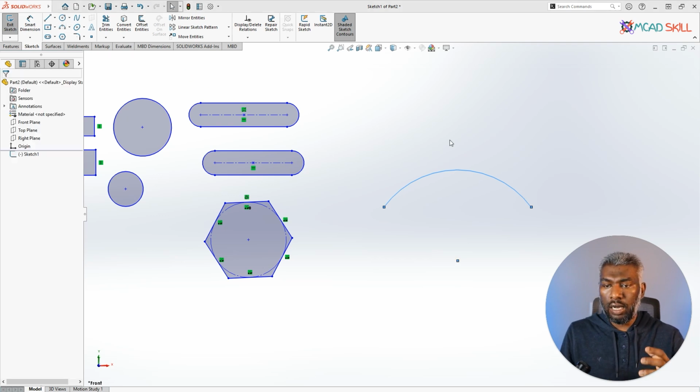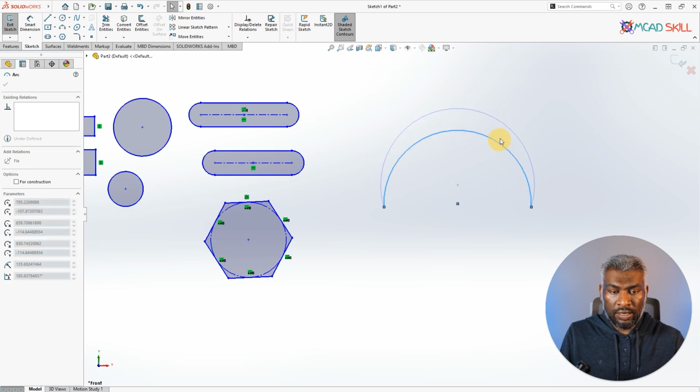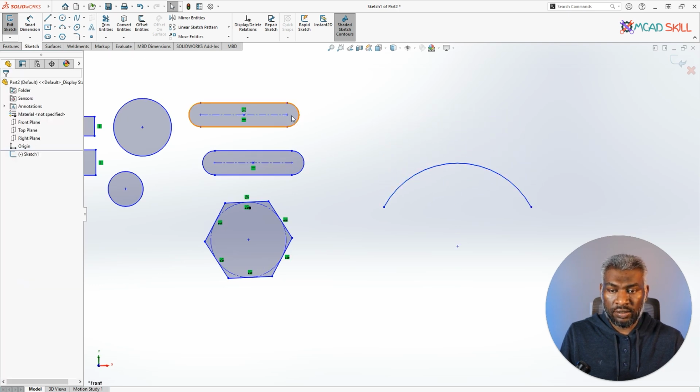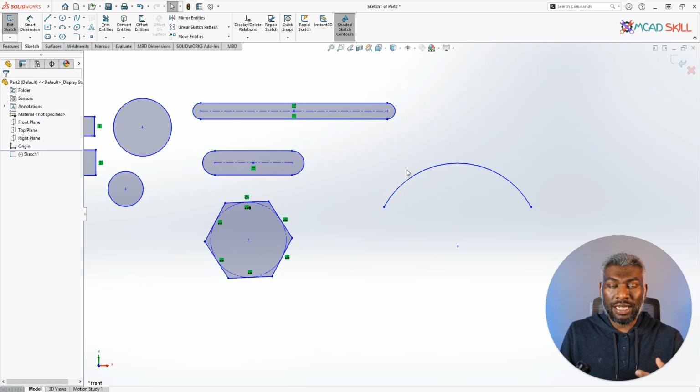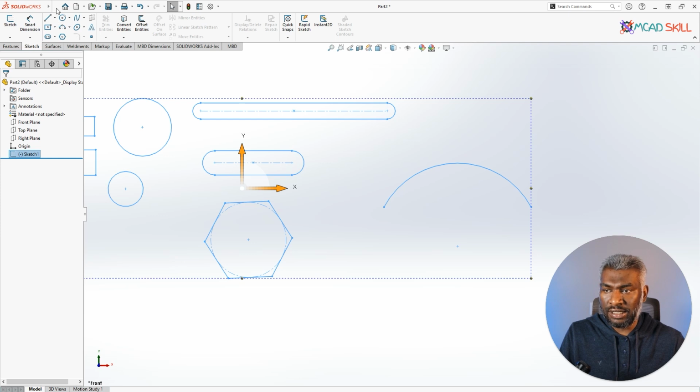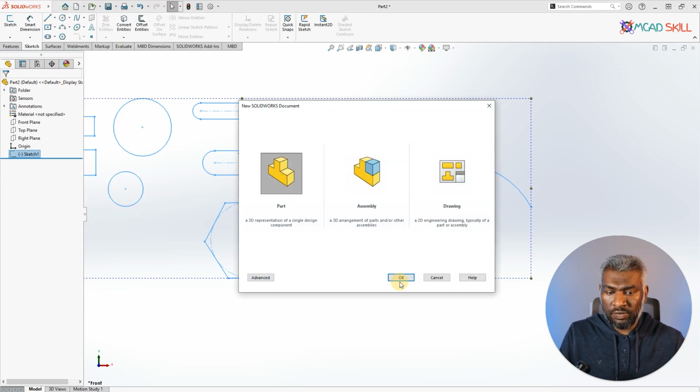So far we learned how to create sketch entities. Now you have to control these sketch entities, because I want to design my product very precisely. Make sure this is 100% controlled design. At this moment, if I select this arc radius and drag it, this radius is changing. Everything is changing. So nothing is fully defined. You have to fully define your sketch. That's super important. Let's close this sketch and just take a new one, fresh part file,